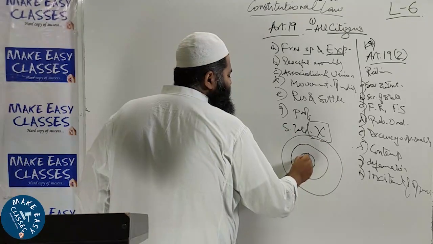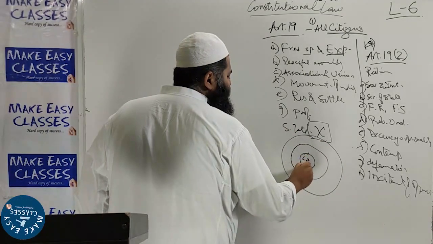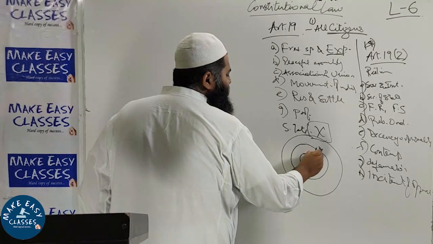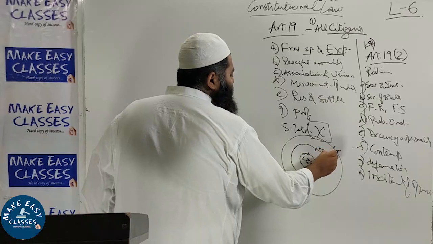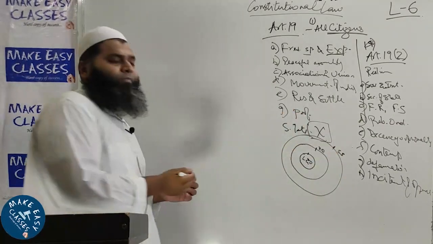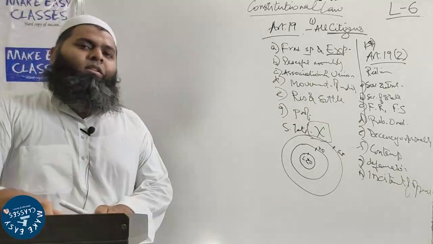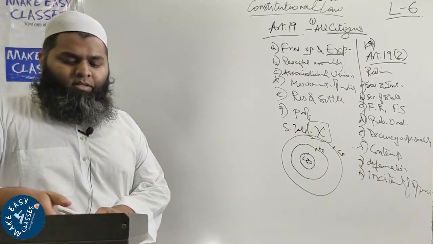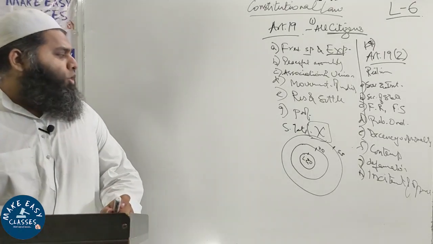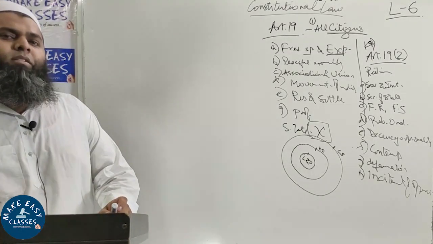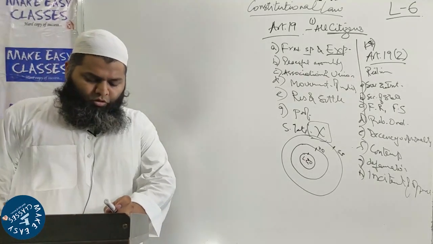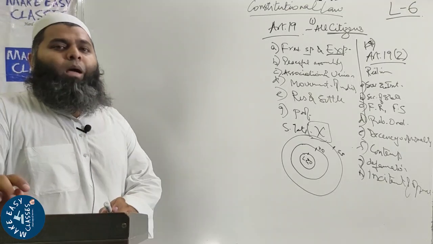ये आपका अंदर वाला सर्किल जो है ये लॉ एंड ऑर्डर है, ये बीच वाला पब्लिक ऑर्डर है, और ये जो है वो सिक्योरिटी ऑफ द स्टेट है। This was basically held by one of the judges in the case. So law and order is a state subject, it remains with the state, not with the central government. तो लॉ एंड ऑर्डर से ऊपर होता है पब्लिक ऑर्डर।